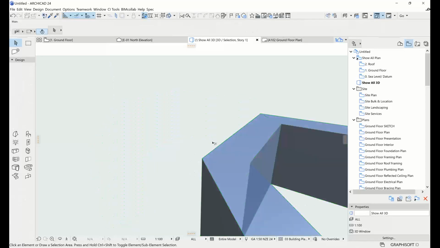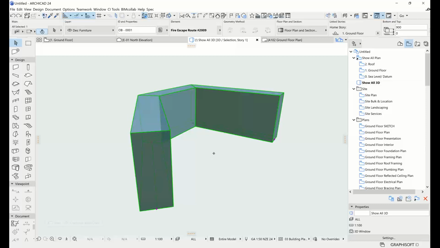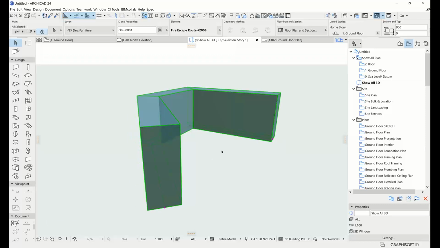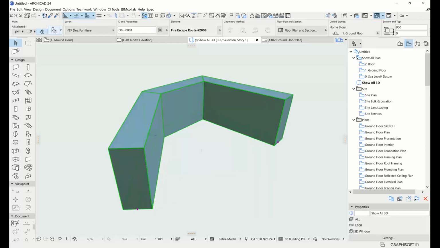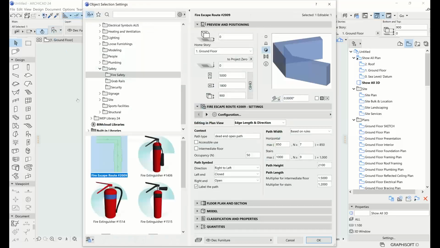But one of the things that you'll likely want to do is make it be able to go up and down, say if there's bits of stairs involved or something like that. Go back into the settings here. At the moment you can see up at the top of our settings, we've got this control here called Editing and Plan View. And it's currently set to edge length and direction. That was, as we saw before, setting the length of each part of the path and the direction of each path. But let's change to vertex position instead, and that's going to let us just move the actual point around. So if I hit OK on that,